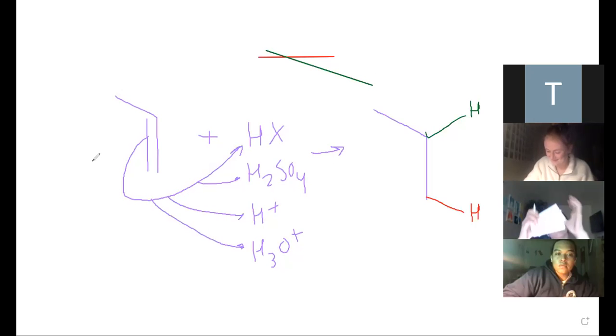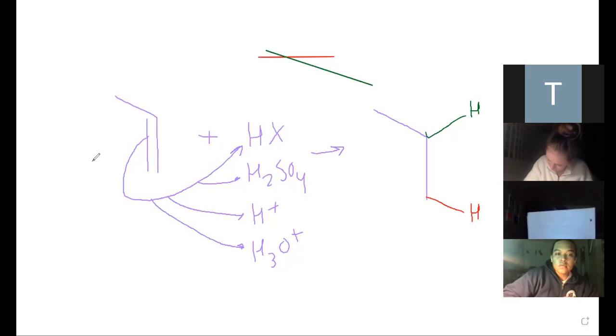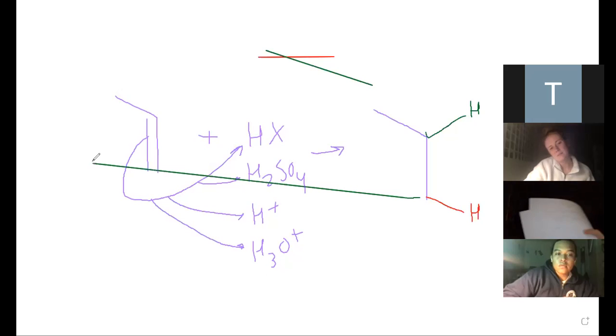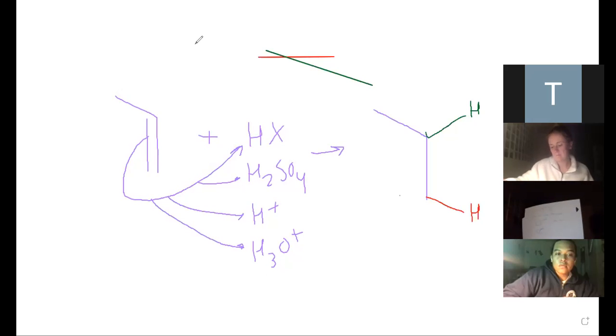Okay. So here, when we have these alkene additions like this, where is the hydrogen going to go? Is it going to be the red one or the green one? When a double bond grabs a proton, if the hydrogen goes here, this carbon will be a carbocation. But if the hydrogen goes there, this would be